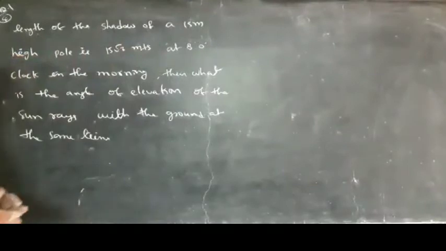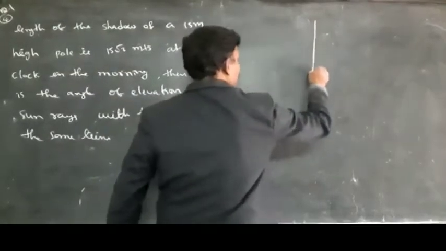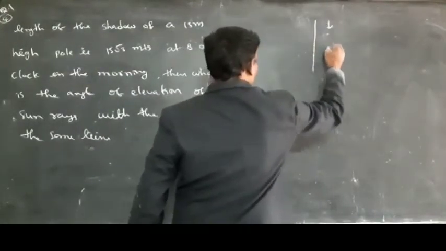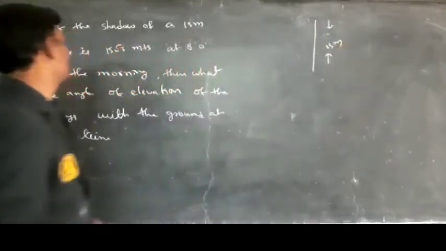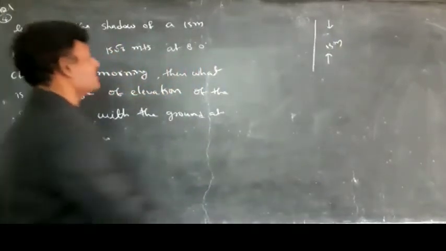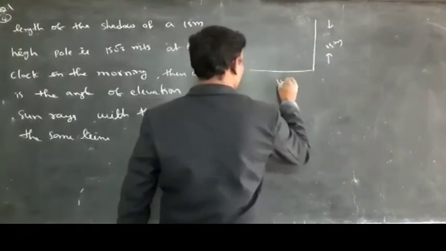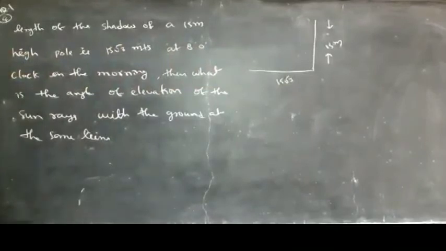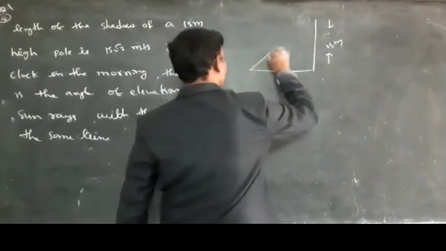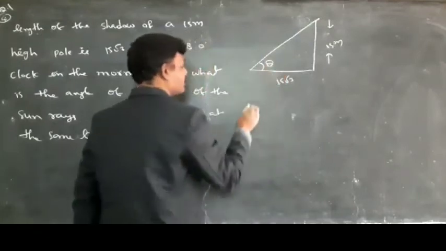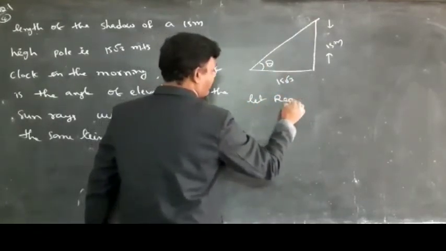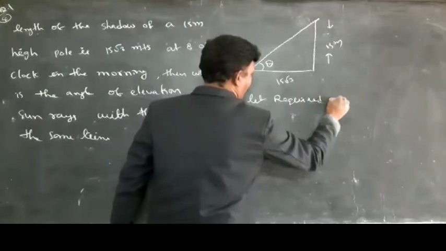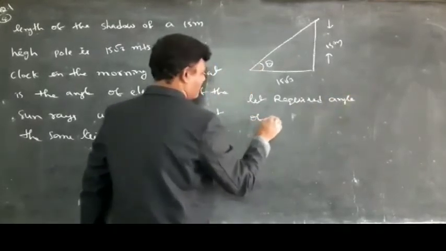See here, 12.1 fourth problem. Length of the shadow of a 15 meters high pole. Here is the pole. What is the height of that pole? 15 meters. And what is the length of the shadow here? 15 root 3. So the length of the shadow of that pole is 15 root 3 meters at 8 o'clock. So at that time you have to find the angle of elevation. Let the required angle of elevation